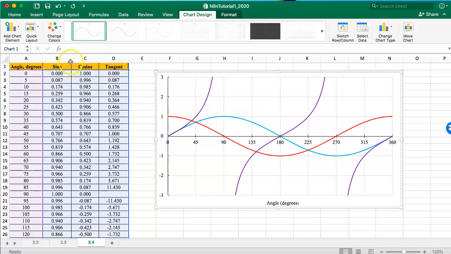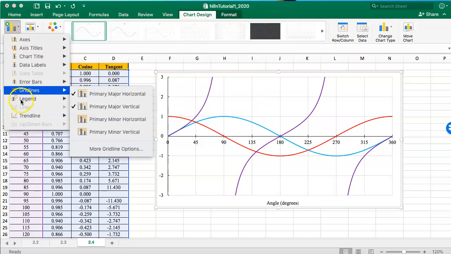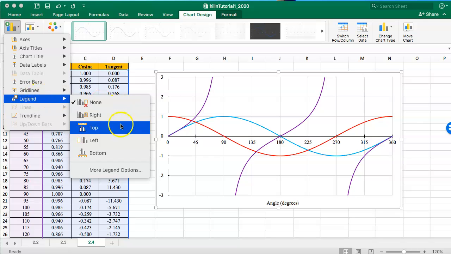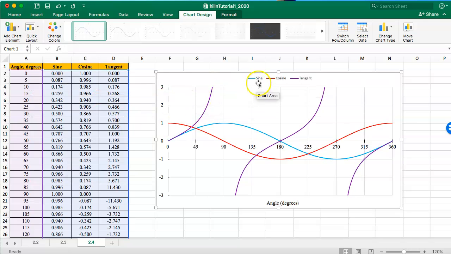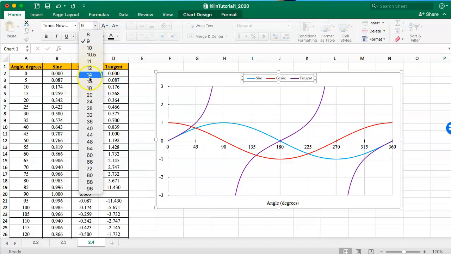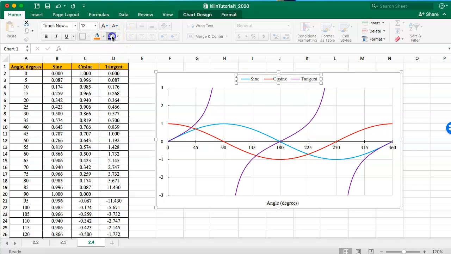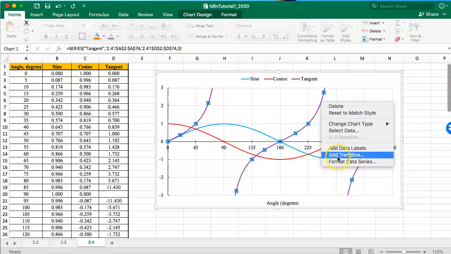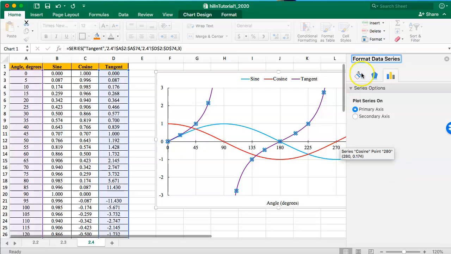Okay. And then let's add a chart element. We can add legend. See, and by default, it tells you sine, cosine, tangent. And once again, change the font, change the size, change the color. Okay, and so other things you could do, I'm just going to right click here, Format Data Series,